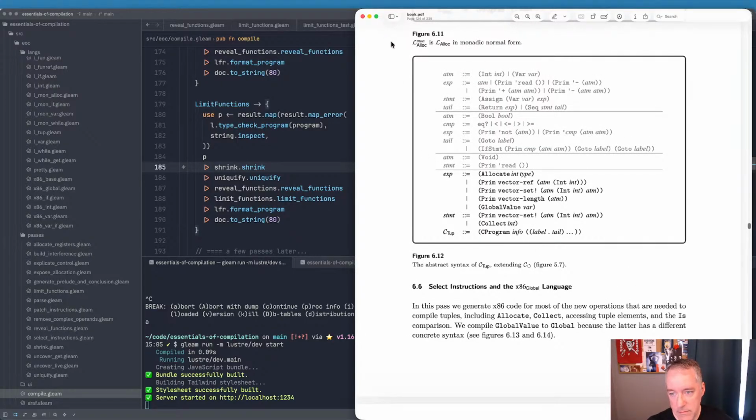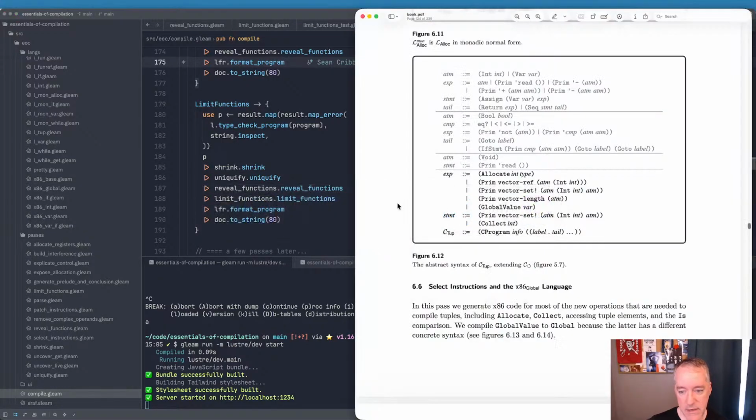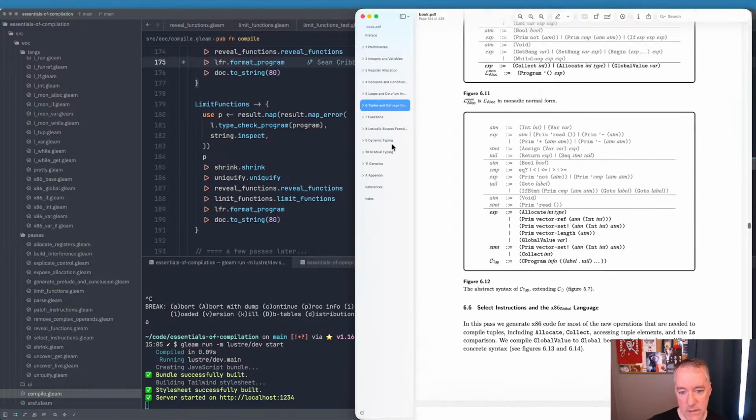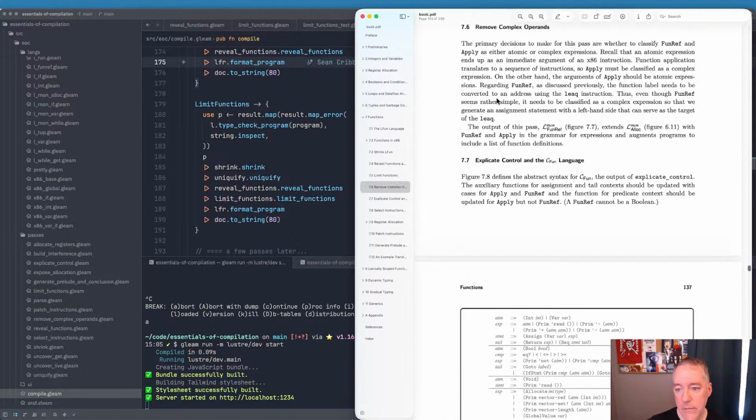Here, go back, please. I hate it when that happens. I clicked something that actually jumps to a heading. Table of contents. Right, so